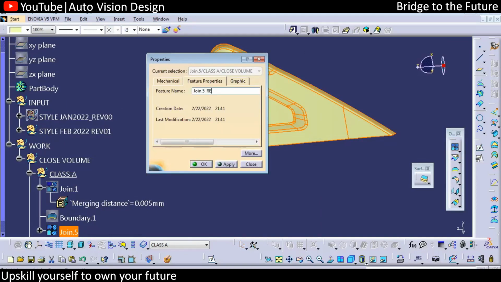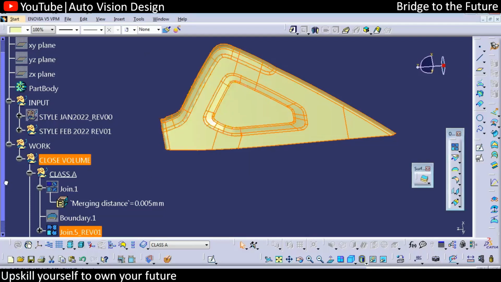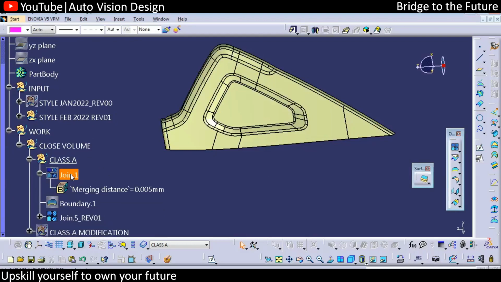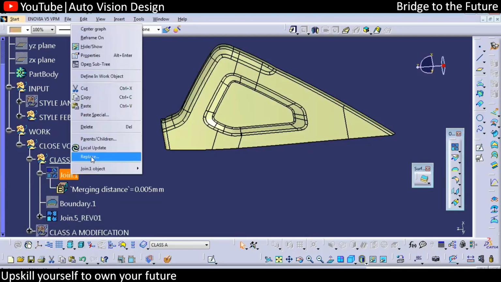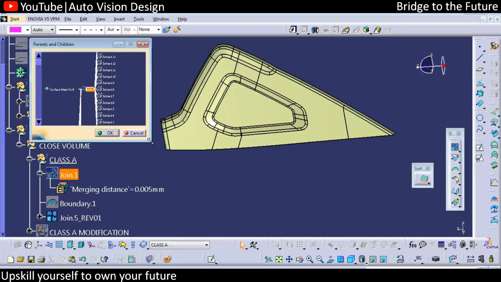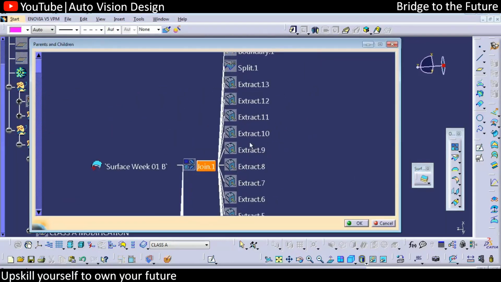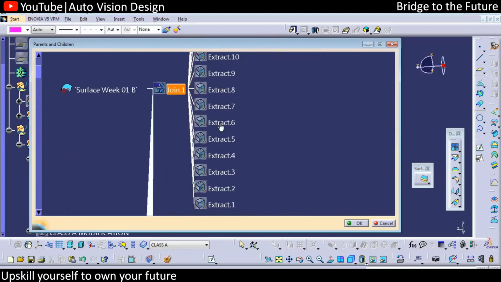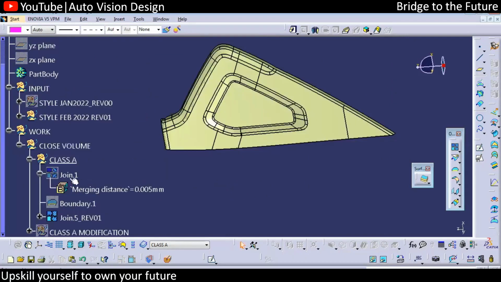Revision 2 or revision 01. So you simply need to replace this component. If you just check what the parents and children we have, they are the n number of surfaces we have linked. So what we can do, you can simply click replace,